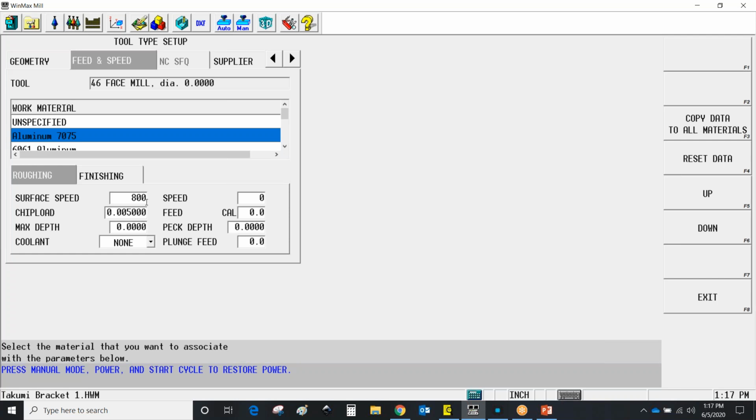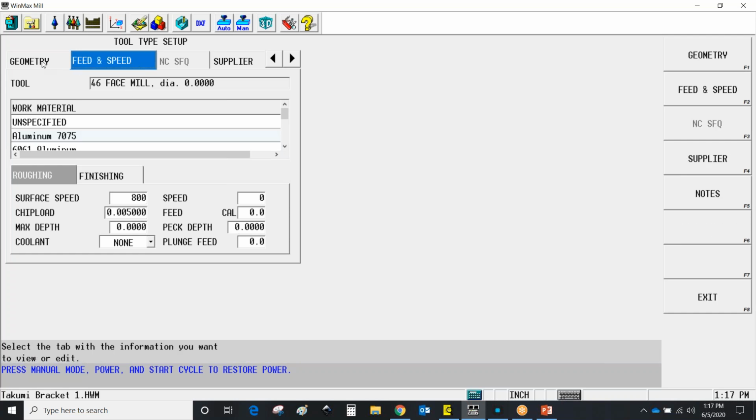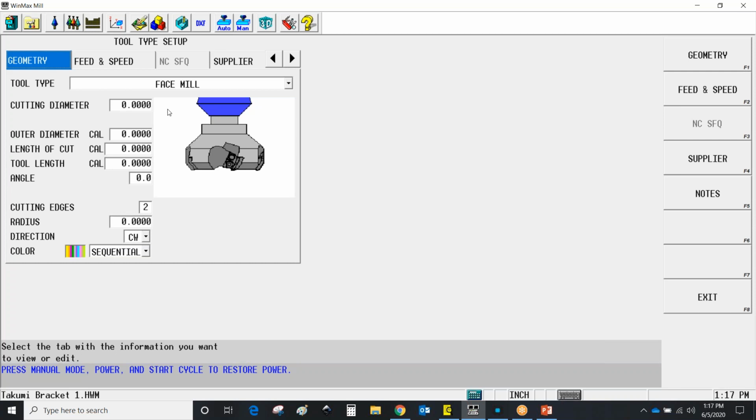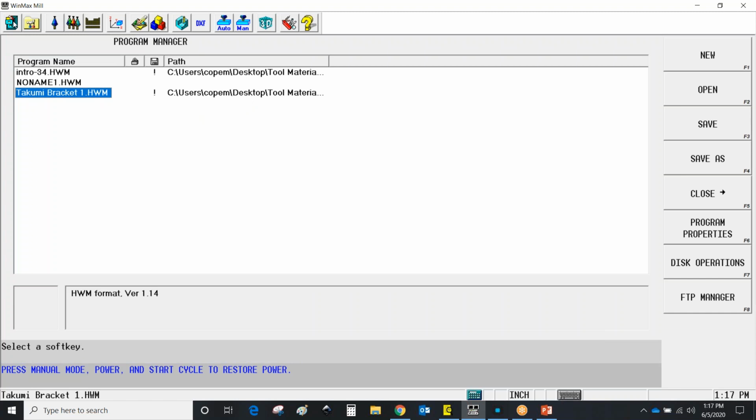Again, for a less experienced operator, they can use this procedure to create tools that have all the information with them. And the last piece of that little puzzle is now we have to somehow tell the machine, or the program, what material it is using. So if I go to my program manager on this particular program, just highlight whichever one you want, hit program properties,